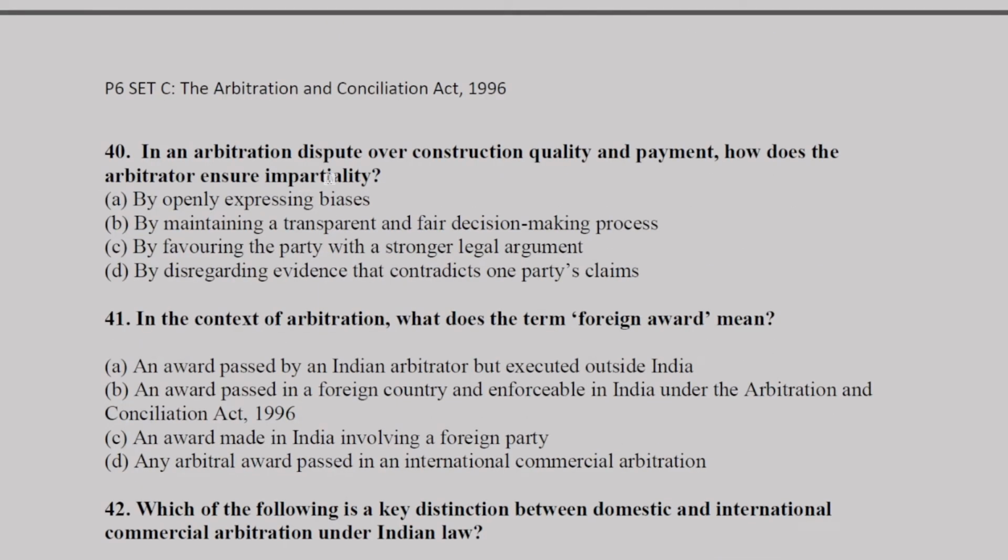In an arbitration dispute over construction quality and payment, how do the arbitrators ensure impartiality? By openly expressing biases? No. By maintaining a transparent and fair decision making process. By favoring a party? No. By disregarding evidence? No. So the answer should be